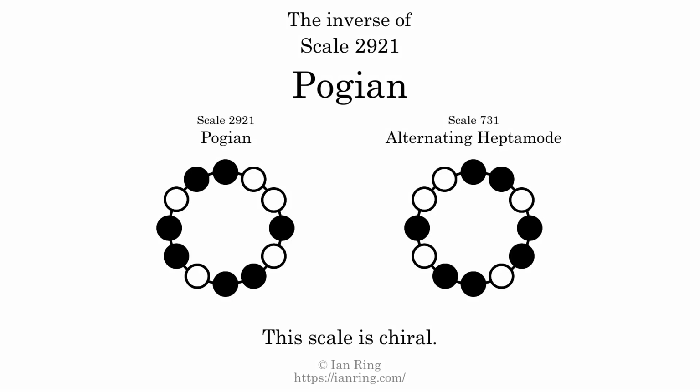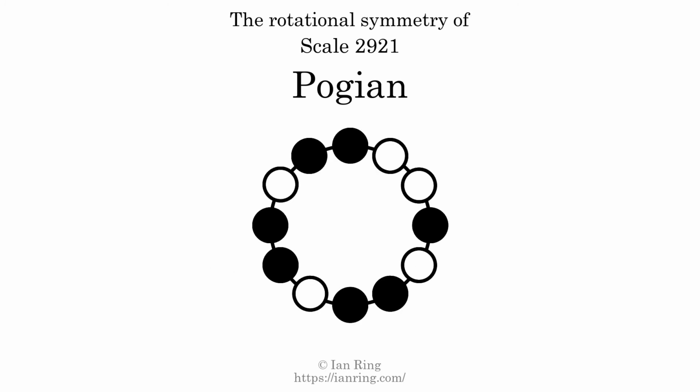The inverse of a scale is a mirror image. It is what you get when the sequence of intervals is reversed. The inverse of this scale is scale 731, also known as alternating heptamode. This scale is chiral. It cannot transform into its inverse by rotational transformation. This scale has no rotational symmetry. For even more detail about this scale, visit